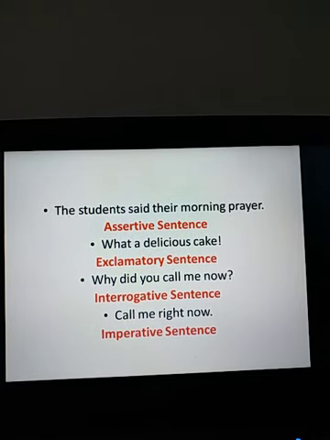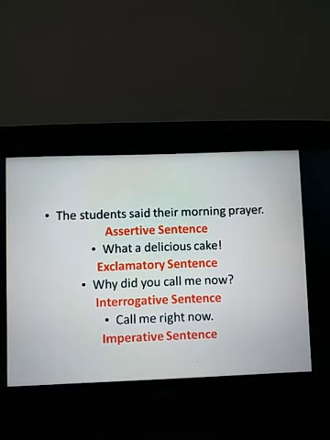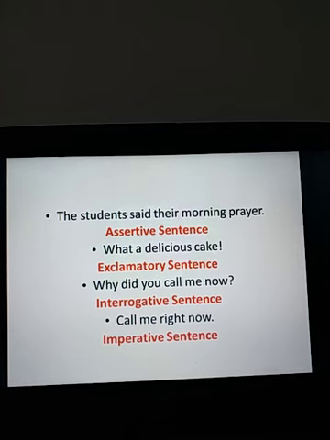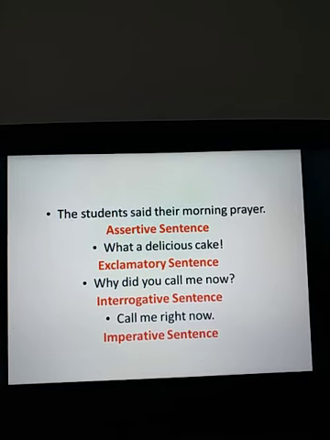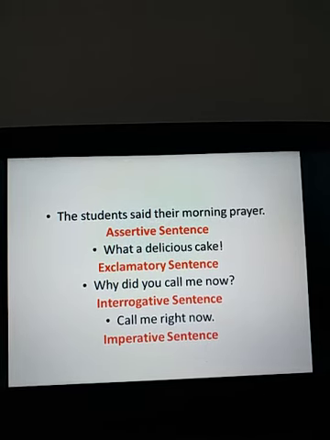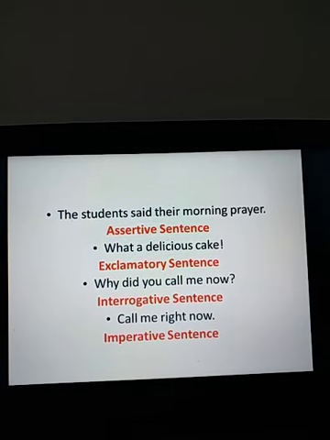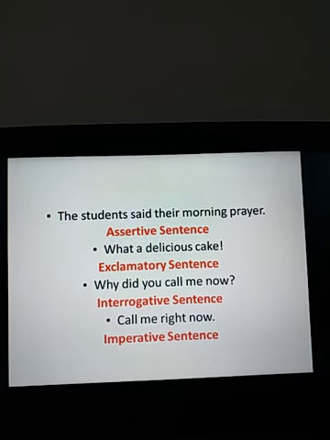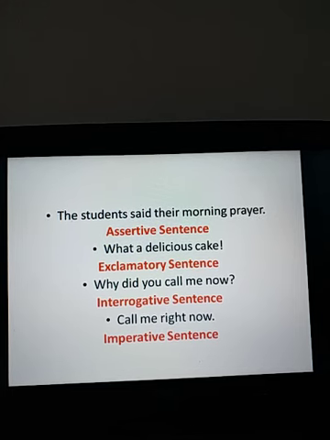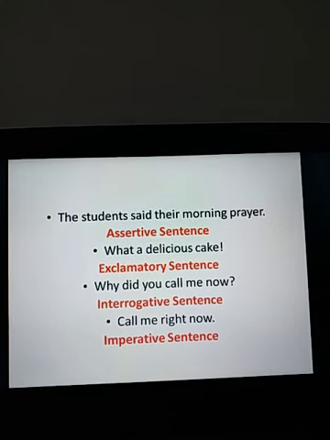So remember, students, sentences convey different kinds of things to us, and the punctuation mark that you are going to use at the end of the sentence will depend on what the sentence conveys. If it conveys an order, a request, or an advice, it will end with a full stop. If it states some fact, gives some information, then also it will end with a full stop. If it asks a question, it will end with a question mark. And if it expresses a strong emotion, then it will end with an exclamation mark, right?